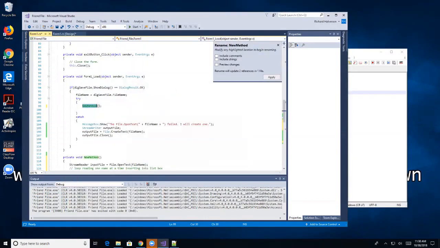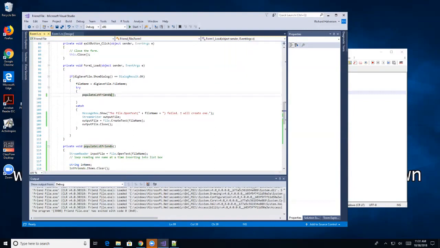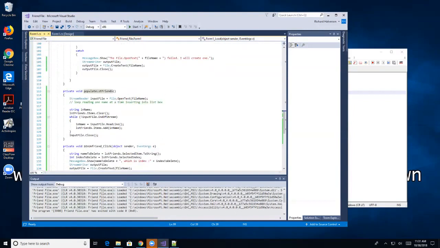Looks good. Apply. And now I name it populate. Populate. What's it called? List friends. LST friends, something like that. Okay, there we go. Apply. Okay, so now I've got this populate list friends here, and it's now here, and so it's a